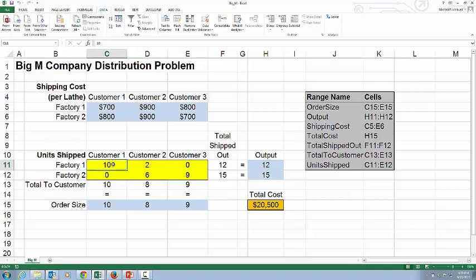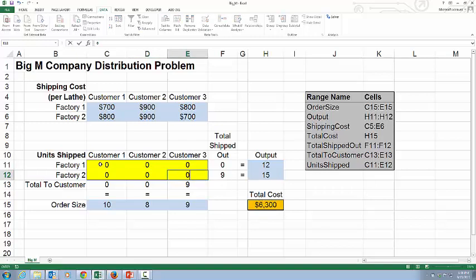Now, the formulas in here are pretty straightforward. You've got total shipped out, which is just the sum for each row. You've got the amount being sent to a customer, which is simply the sum of each column in that little 2x3 matrix. And your total cost is very simply a sum product of the decision variables, element for element, multiplied times their per unit shipping cost. So that's nice and concise: a sum product of the range shipping costs times the range units shipped. And so let's suppose we zero these out,